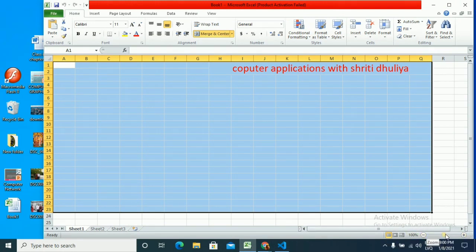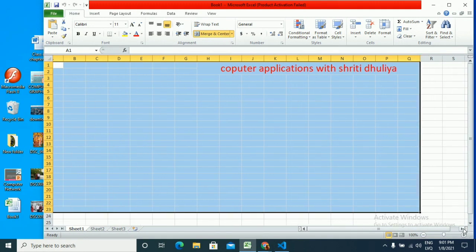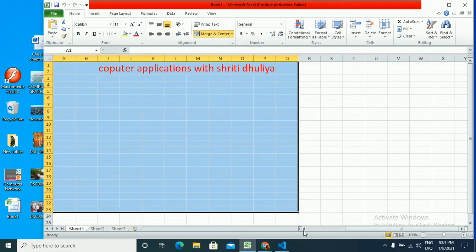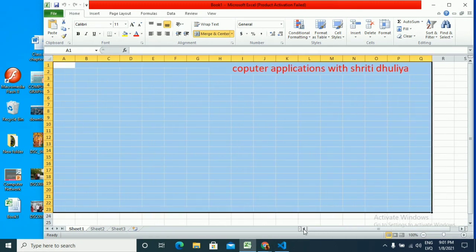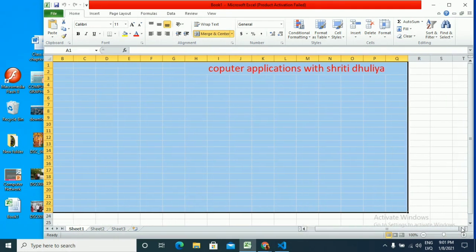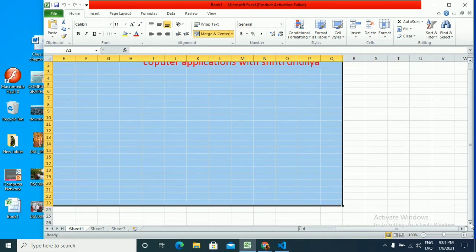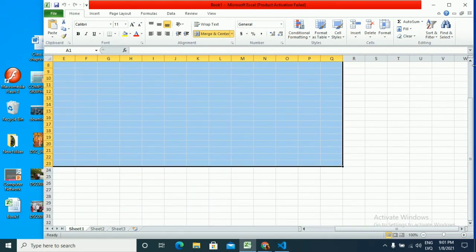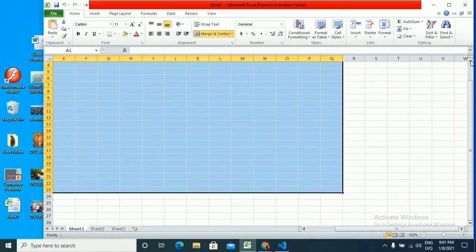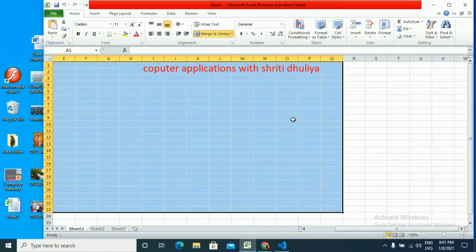It is used to zoom in and zoom out your spreadsheet. Now here is the horizontal scroll bar, which is used to navigate your document from left to right, right to left. And this one is the vertical scroll bar, which is used to navigate the spreadsheet from top to bottom and bottom to top.